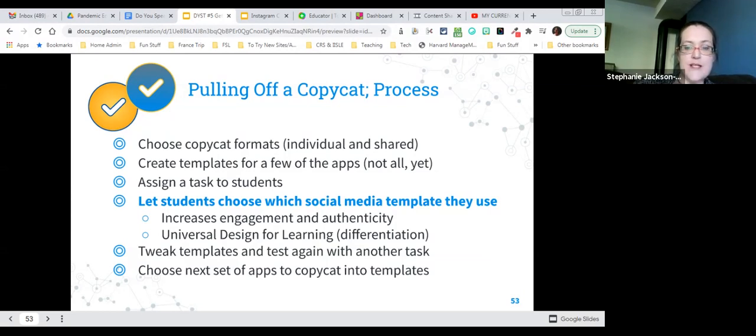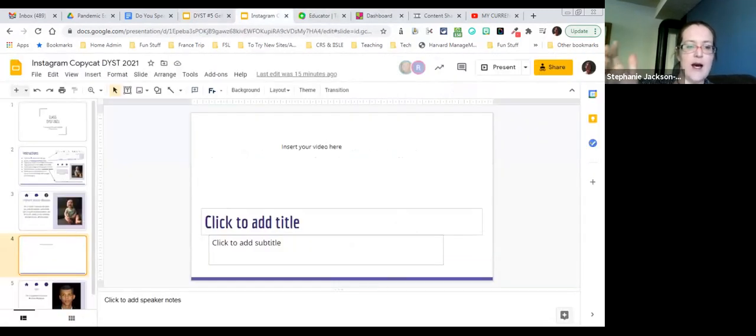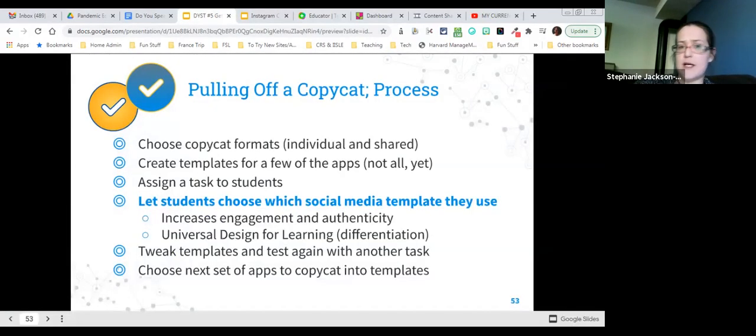So for example, some templates you can make: we did that Instagram one, which was sort of like a series post, the shared slideshow. So if you want one person to do a series of posts, or if you want the class to add a bunch of posts together. You could also create a slideshow, or whatever kind of template you decide on, a doc for an Instagram profile, where they would put a profile picture and their little bio, and then they've got some posts with the descriptions and things like that.